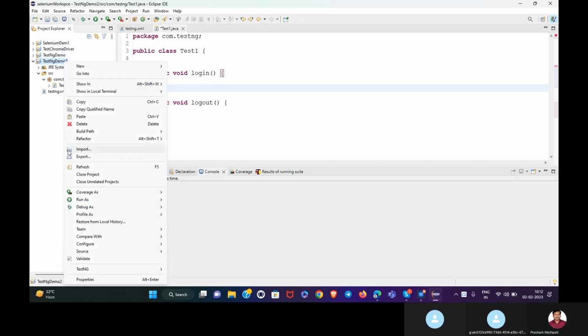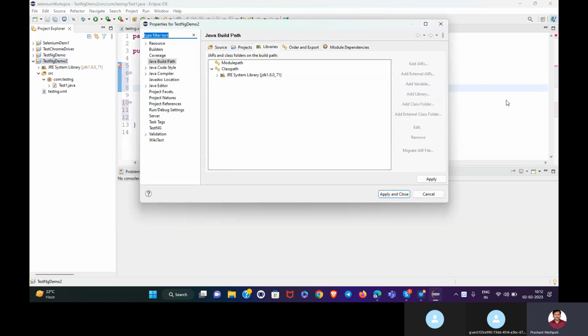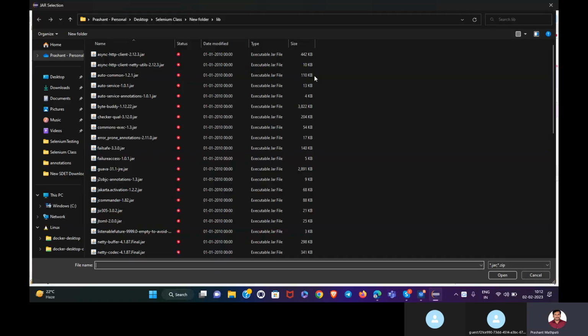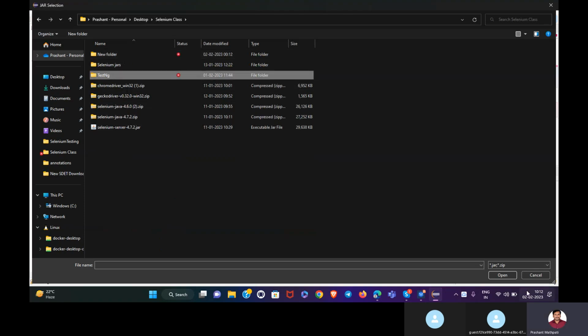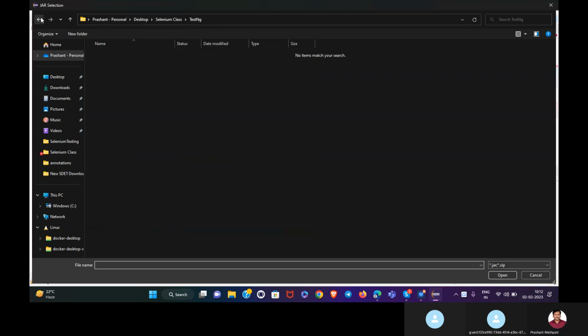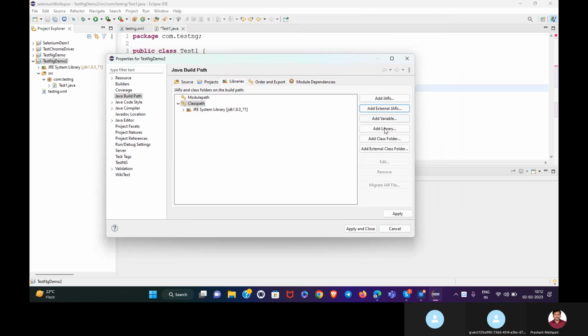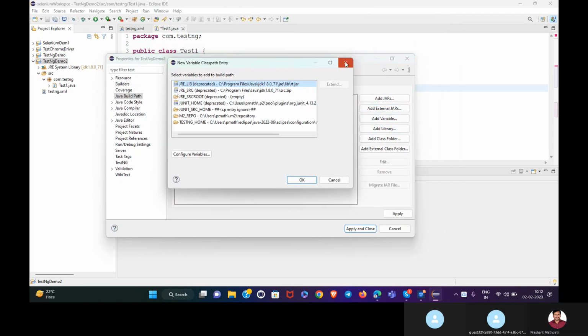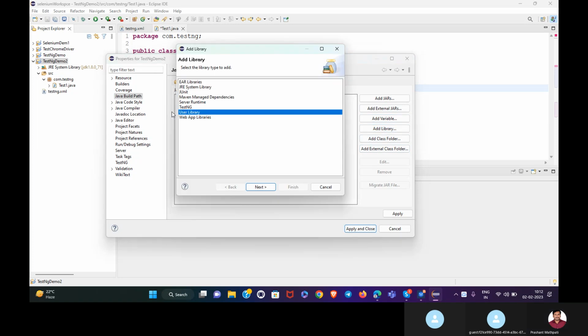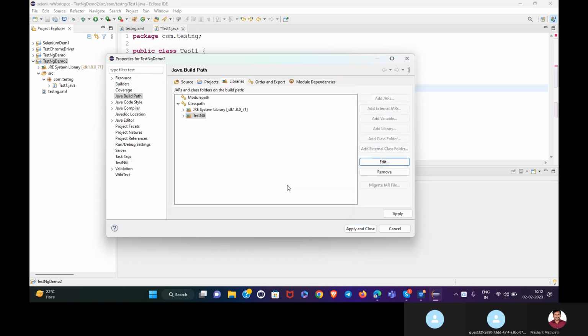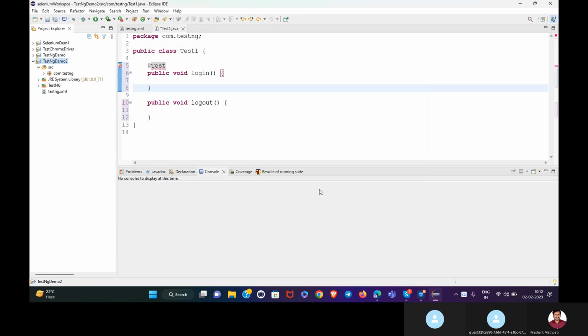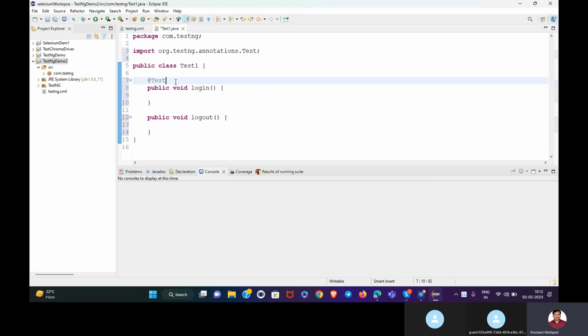Already I have the jar, build path, configure build path, add external jars, TestNG, setting, let me show you, add variable, TestNG. Right? Now here,